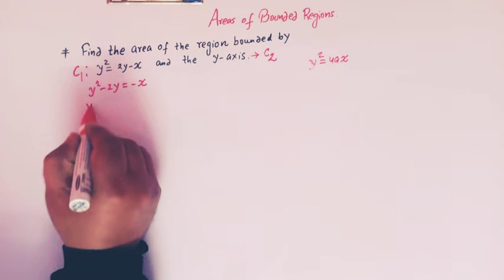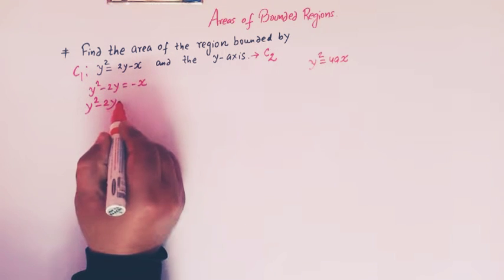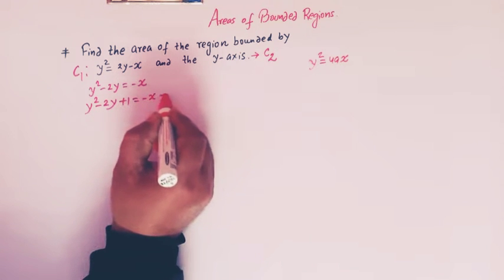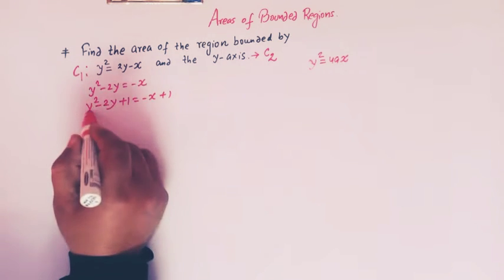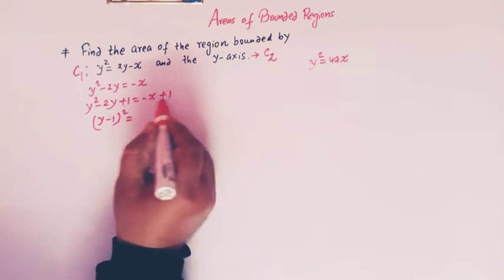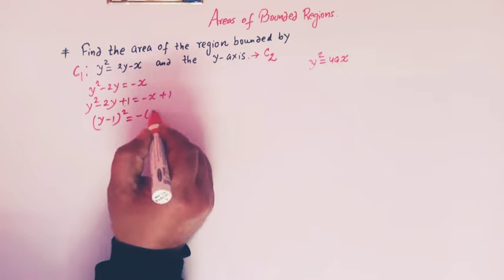Let us make the perfect square here. So we have y square minus 2y, and adding 1 here and adding 1 here, right? Now this becomes y minus 1 whole square,